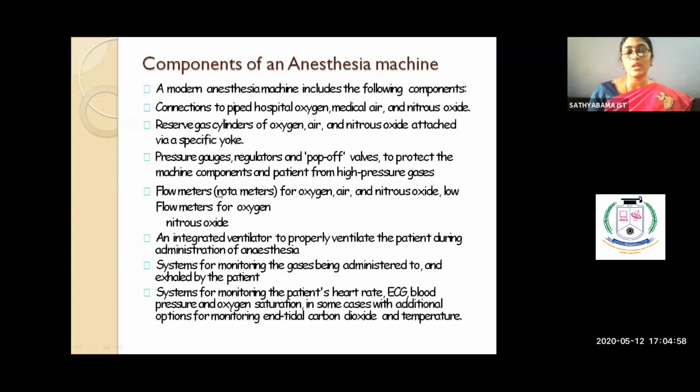Apart from that, we have flow meters. Flow meters control the amount of oxygen or air and nitrous oxide which is going into your patient. Along with that, we have ventilators. Ventilators, as we all know, give air into the patient. The oxygen, nitrous oxide and anesthetic agents are given through a ventilator into the subject. And then, as usual, we have multi-parameter monitoring devices. You have to check the ECG, the heart rate, the blood pressure, everything. These are the major components of your anesthesia machine.